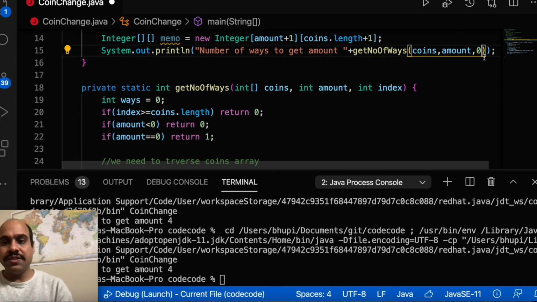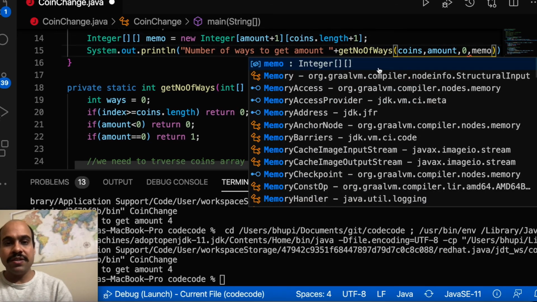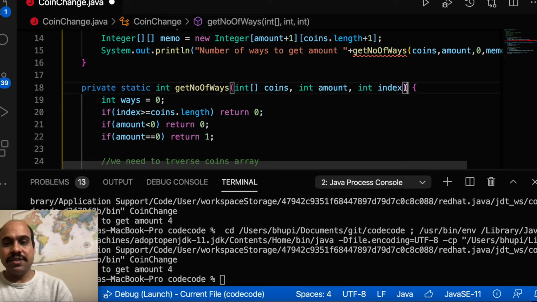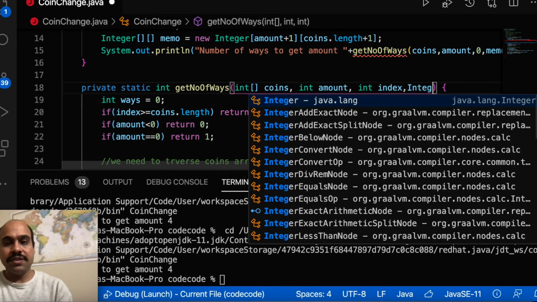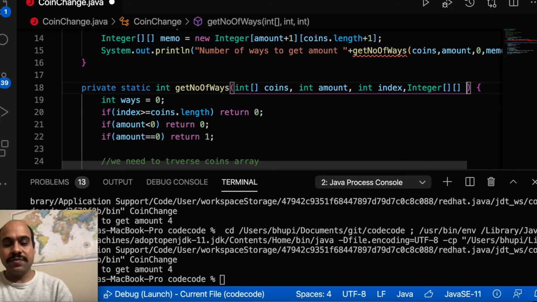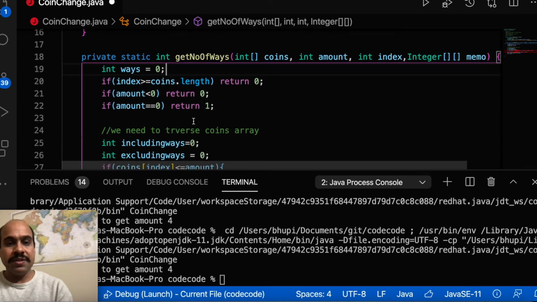And let's do one change. Let's pass this memo variable here, and let's read this memo variable here, Integer 2D array, and at the same time you can leave this base condition as it is, or you can do one thing.